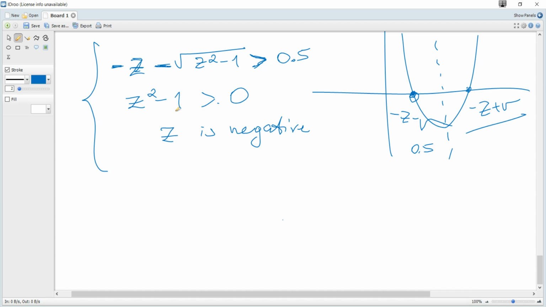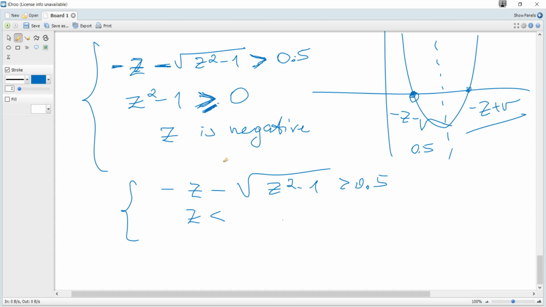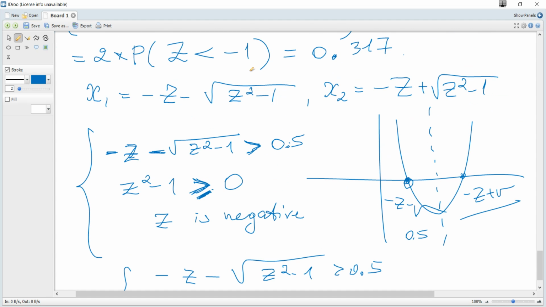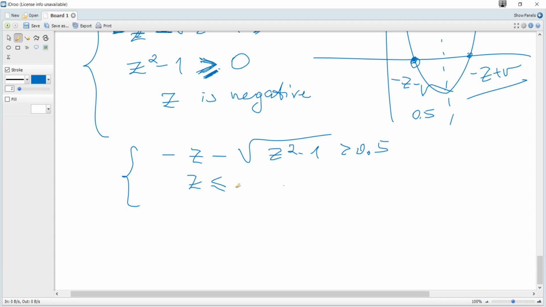We need to solve this to be greater than 0.5, but provided that, so it becomes negative z minus root z squared minus 1 is greater than 0.5, and together with z is less, here it can also be equal to 0, so these two exist: z is less than or equal to -1, or z is greater than or equal to 1, but z is